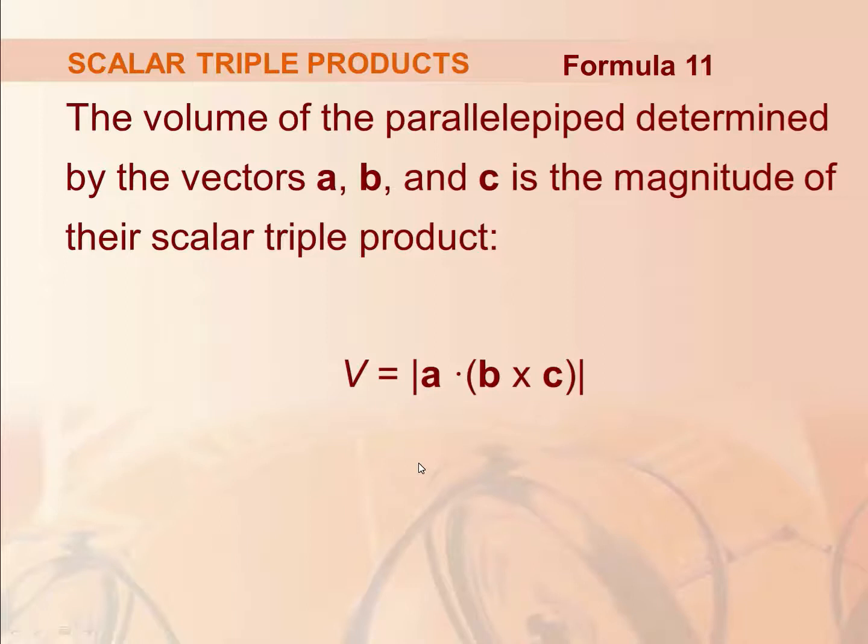Now the volume of the tetrahedron: if he asked you about the volume of the tetrahedron formed by A, B and C, we have a property that says the volume of the tetrahedron is equal to the volume of the parallelepiped over 6, meaning we take this one over 6. Okay? That was everything.